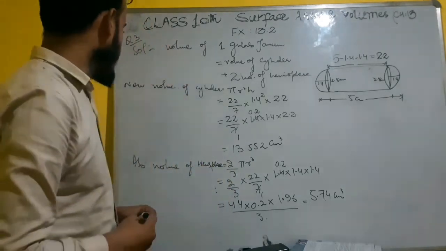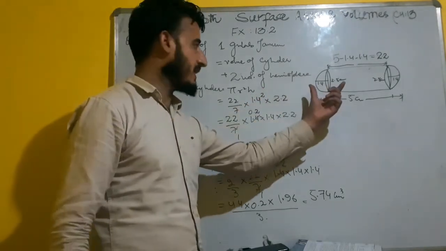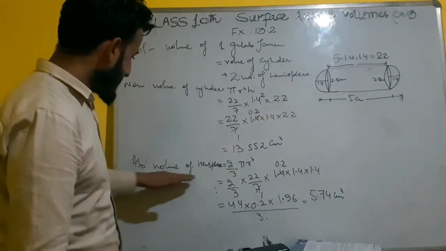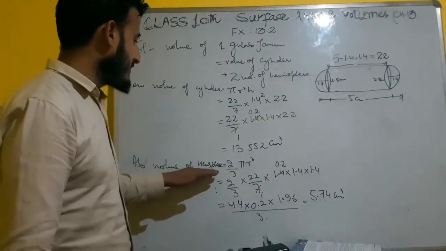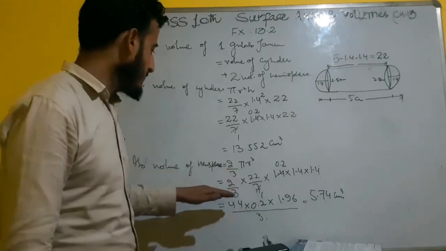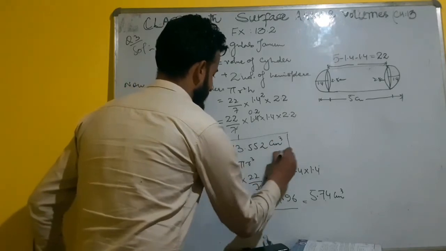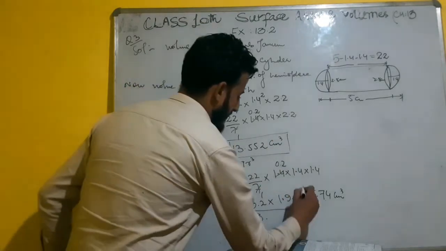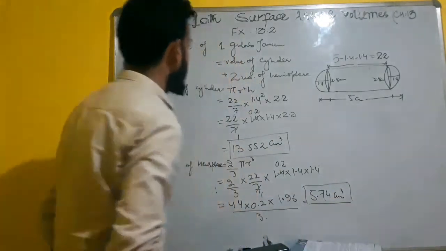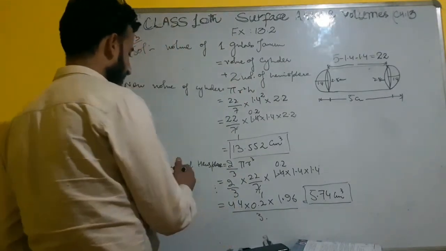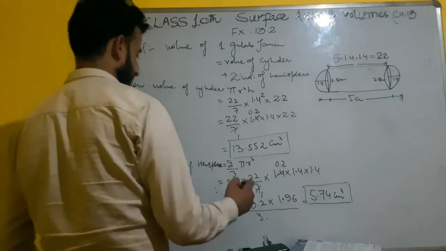This should be clear to you that we are here discussing the volume of the hemisphere, not the cone. So by mistake the cone came here, but it is actually the volume of the hemisphere, that is 2 by 3 pi r cube, and here the volume of the cylinder is this one. So what we need to find is the volume of 45 gulab jamuns, right? So what will be the volume of the 45 gulab jamuns here?